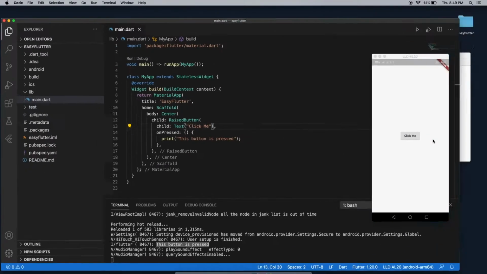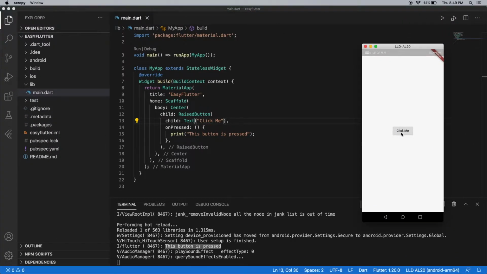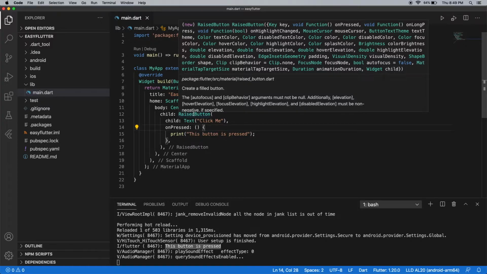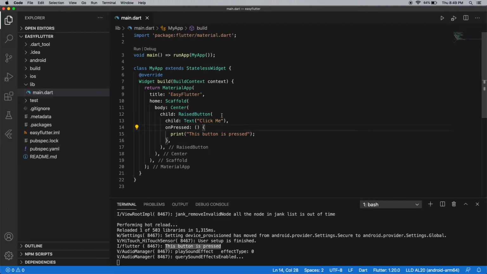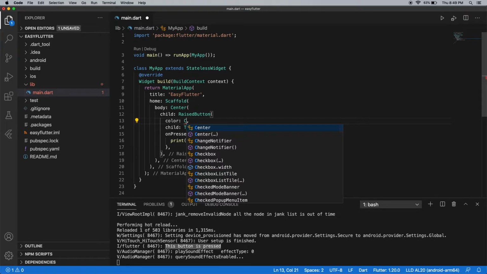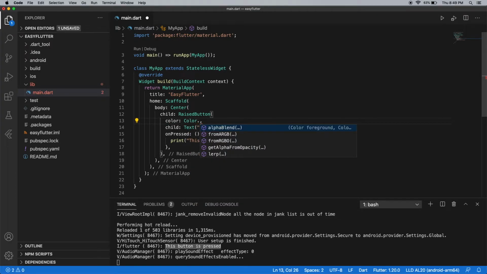In case you want to change the color of this button's text and the background color, we have a lot of properties inside the raised button. When you hover over this, you can see text color, color of the button, splash color, something like this. You can explore them. Right now we are going to change the color and the text color. For color, we are going to use a red color. To use the red color, you have to use Colors.red,